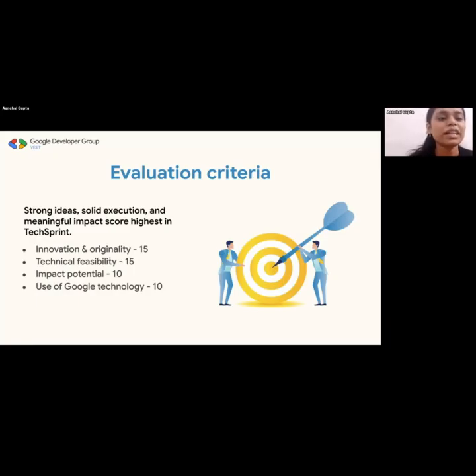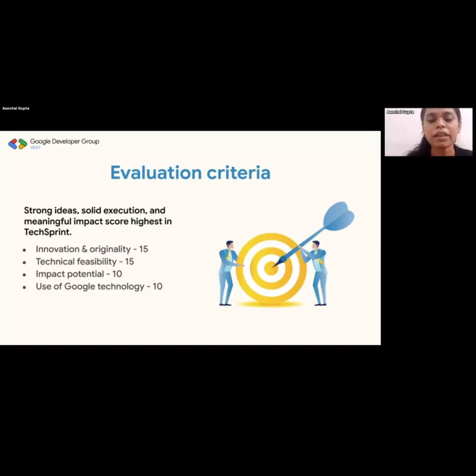Okay, so I'll just go through it. Innovation and originality, as I said, it should be innovative, solve a local problem, solve a community problem, solve a problem that you face yourself. Technical feasibility. Is it actually possible to implement such a solution in 1 month of time and with the resources that you have as a student?